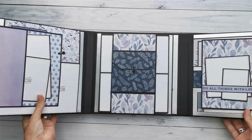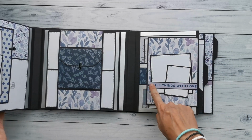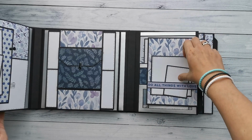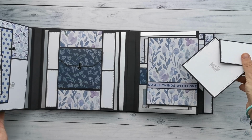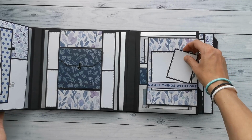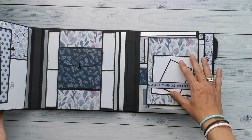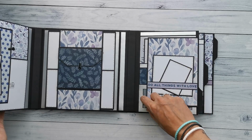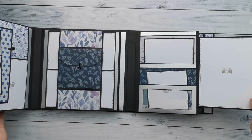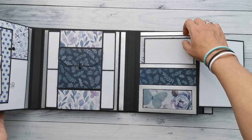Then on the other side of that page, again here a flap, and I've made a little belly band. This is one of the quotes that I found on top of the 12x12 paper. Made a belly band, put some photo opportunity or some journaling opportunity there. You can do like 2, I think 2 is the maximum that you can put under there to not stress it too much. 7x5 photo on the inside, and then we have a stacked pocket here where the bottom pocket